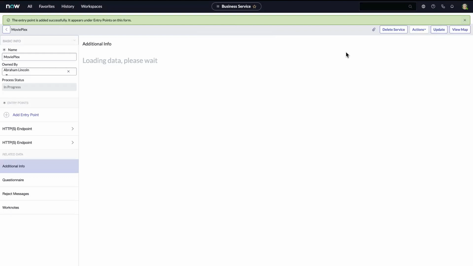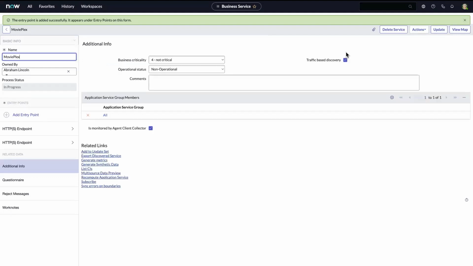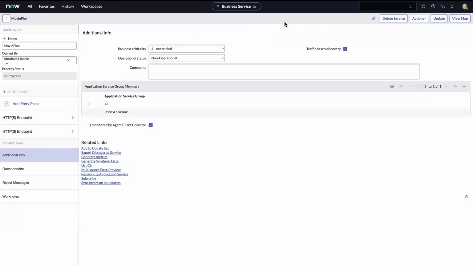Now, once I do click save, what's happening in the background is that service mapping is actually running. So it's already building our service map. And hopefully, since horizontal discovery has been run, our CMDB is already populated with the CIs, it should be fairly quick. But before we look at our map here, I want to just point out some of the